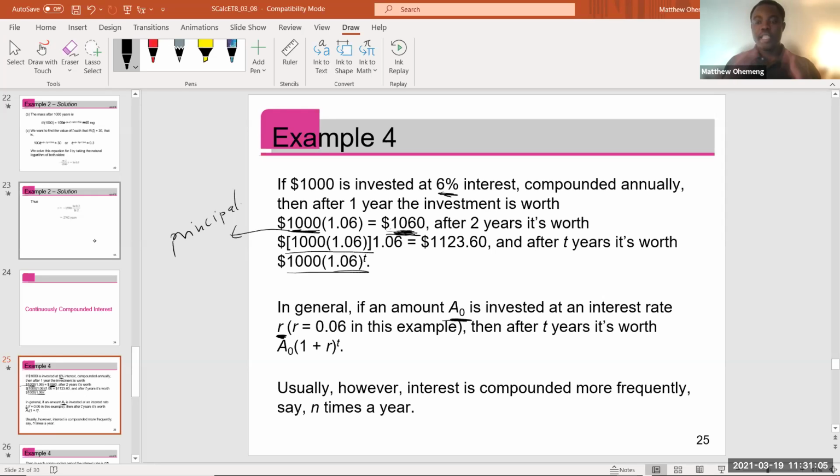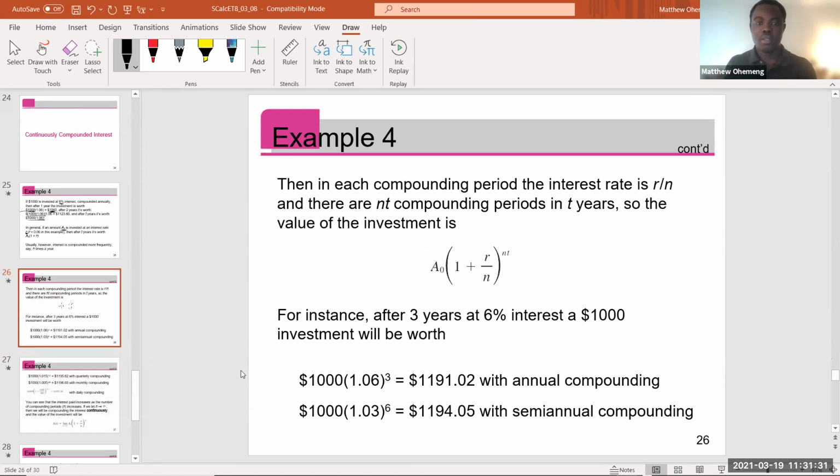Now, yearly compounding is sometimes not the best, since you can earn more if you get more compounding within a year. You don't have to wait for a year. You can have your investment compounding for time intervals shorter than a year. So usually, interest is compounded more frequently, say n times a year. Let's see why people want their money to earn interest at a faster compounding period. For this, we have this formula: if you have a rate r and you are compounding n times a year,